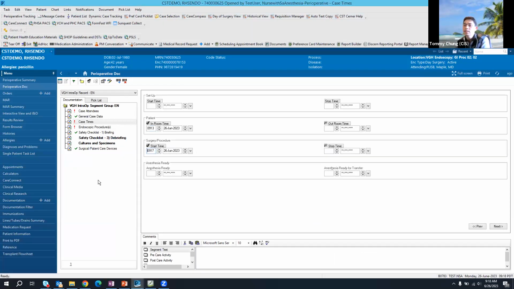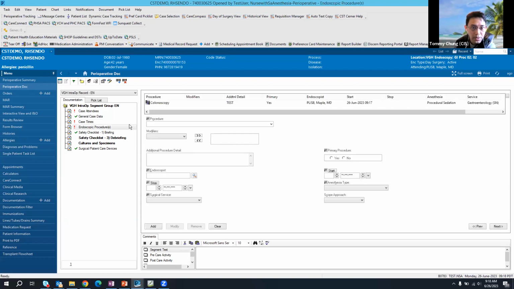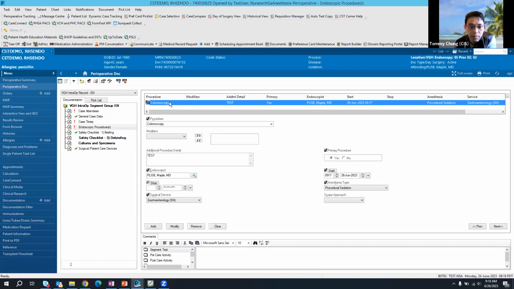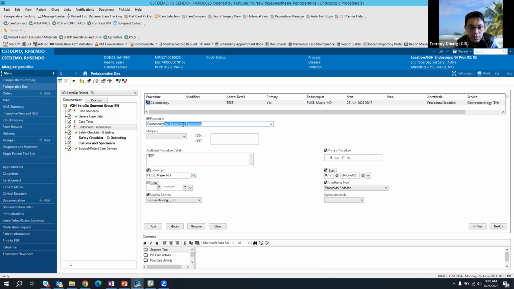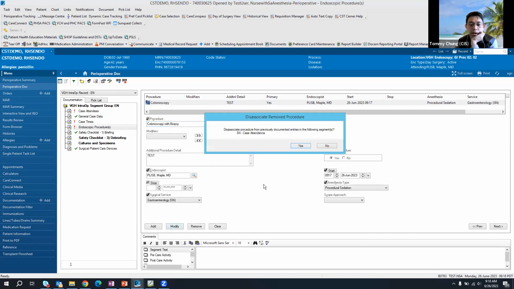Okay, so let's say the doctor wants to take a biopsy. So what we want to do is go to our endo procedure, and select our colonoscopy procedure in the multi-entry box, and go to the drop down, or you can type it in as well. We're going to say with biopsy, I'll change to that,